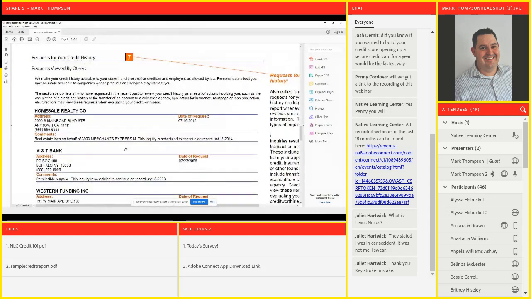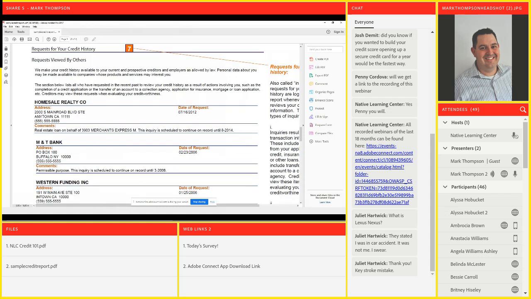Here we have kind of an interesting section, and these are what they call requests for your credit history. And I will say, depending on which report you pull, they'll be named a little bit differently. But basically these are either a hard inquiry or a soft inquiry. Request viewed by others is what is called a hard inquiry. They call it request viewed by others, but essentially what a hard inquiry is, is you've gone and requested credit. And when you go to request credit, that is a little strike against your credit. That's why you don't want to do that that often.